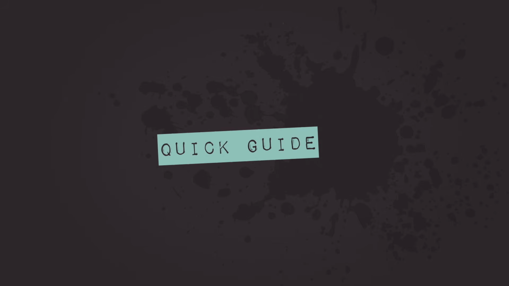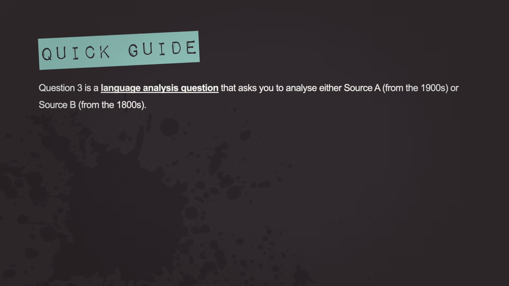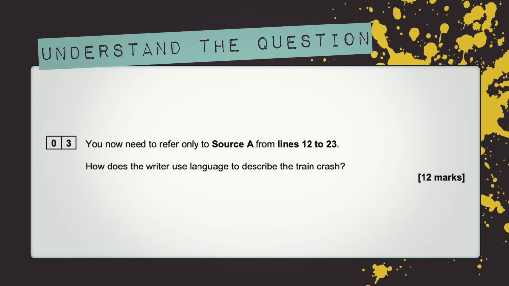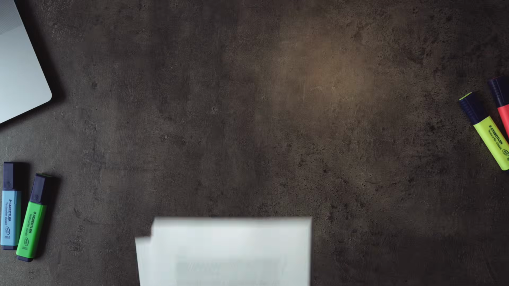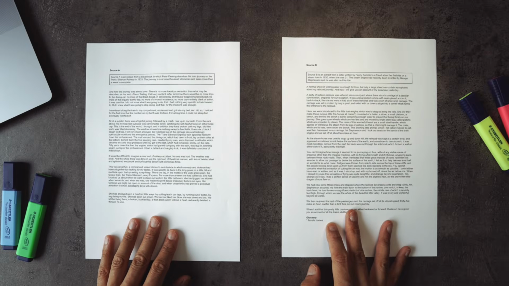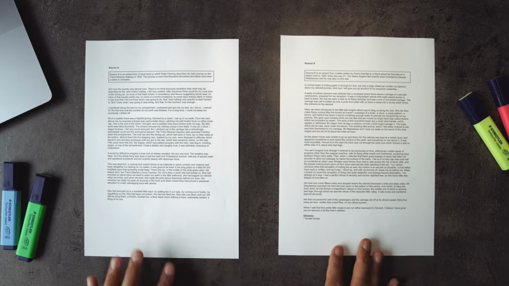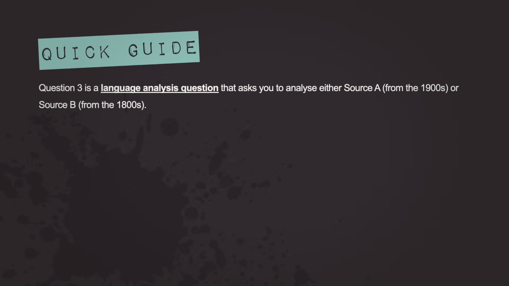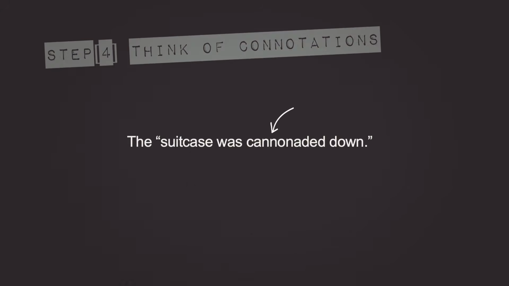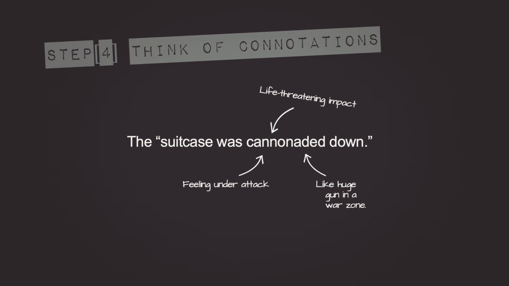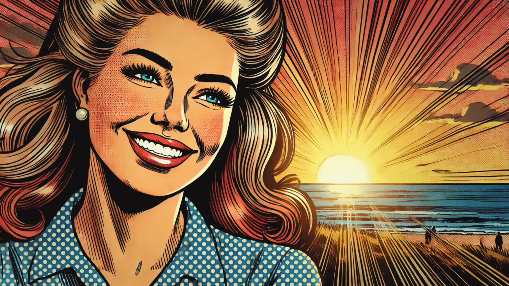The quick guide to the AQA English Language Paper 2, question 3. This one's a language analysis question. That means you'll be looking closely at how a writer uses language. Not what they're saying, but how they say it. You'll be asked to analyze either source A, usually something from the 1900s, or source B, dustier, and usually from the 1800s. Your job? Pick out interesting language choices, explain the effect they have, and show the examiner you've got more to say than just